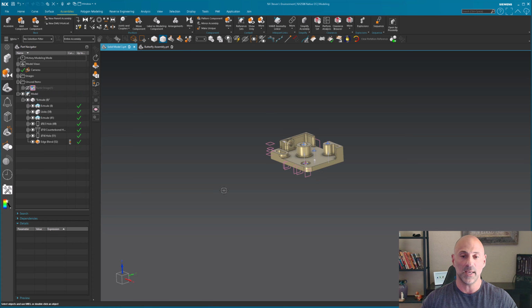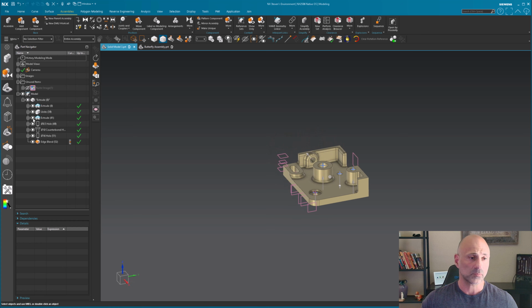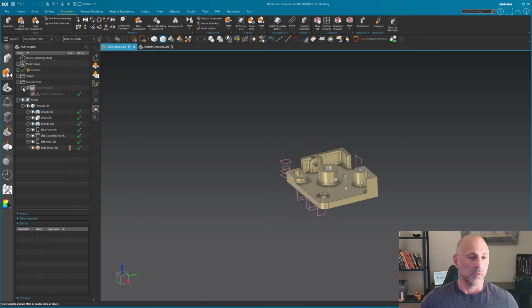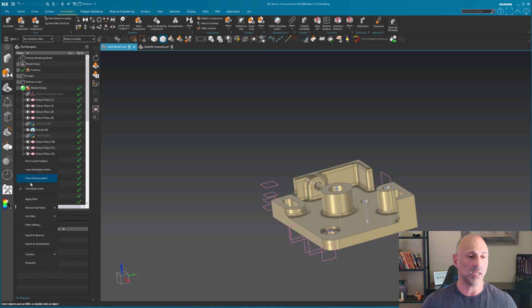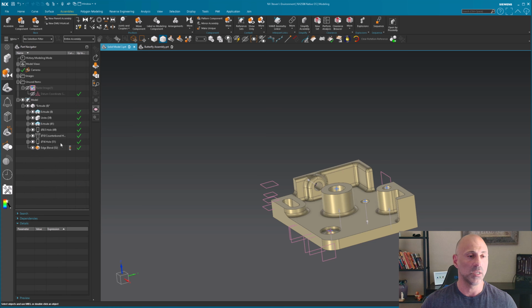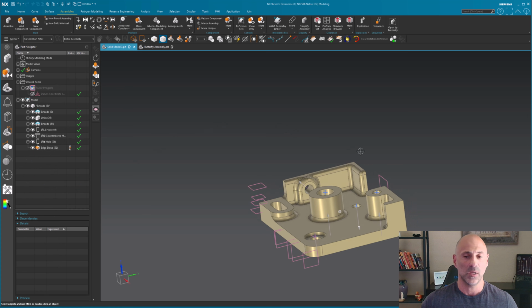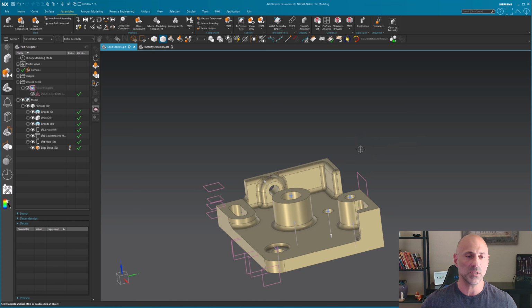Oh, I don't need that. I'm going to hit delete. Okay. Now, I have another object right over here. I'm not seeing it in the tree. I'm going to right mouse click. I'm going to go to timestamp order. And I'm going to right mouse click again. I'm going back into timestamp order to see if it joggles it. And what's going on with this guy,